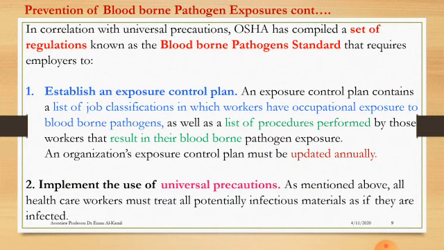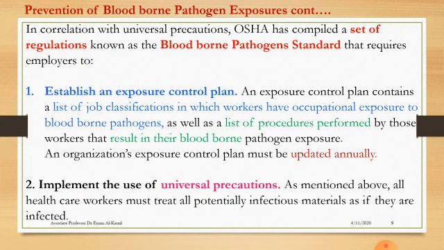That means it puts a list according to this exposure control plan. Every institution should classify the jobs or job descriptions and give the jobs for each individual to know if they have the risk of exposure to these pathogens during these jobs. So it gives a job classification for those people who are going to be exposed to these infections,